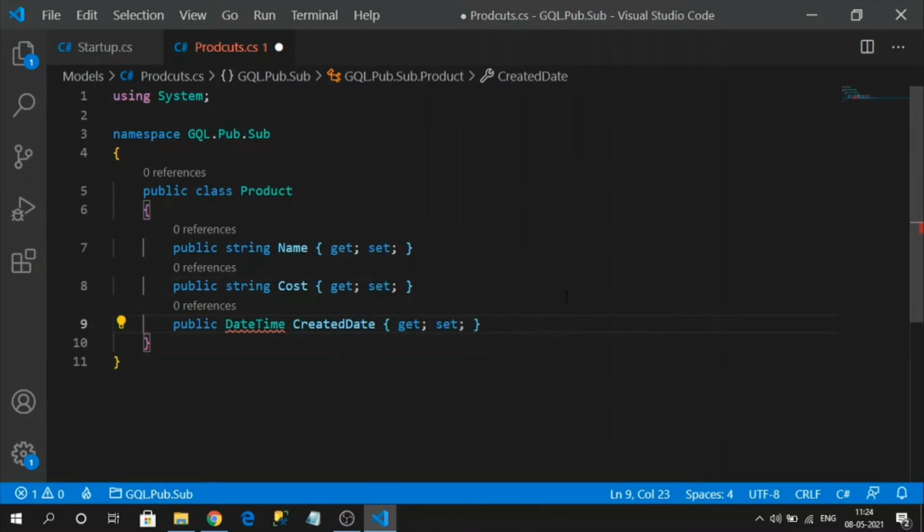So my sample product model looks like this. Now I will create a subscriber first, then I will create a mutation, and inside the mutation, I will raise the event. So first, create the subscriber.